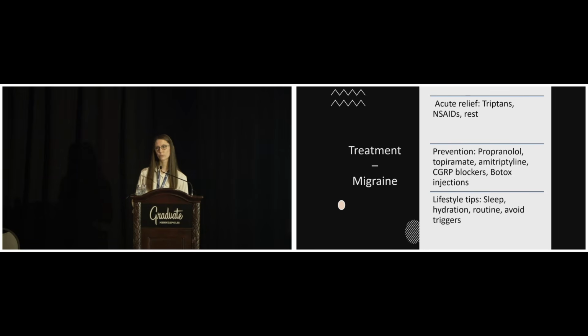Migraine attacks are treated with triptan medicines. Those are the rescue medicines that we have for migraine. Also, NSAIDs, Tylenol, over-the-counter medications are sometimes used, and like in this case, people want to rest, so sleep can also be helpful. If they're happening very frequently, or there are people who have baseline pain all the time, preventative treatments are also added on. Of many, I listed some of the first line ones: propranolol, topiramate, amitriptyline. And there are some newer injectable treatments for migraine now too, botulinum toxin injections, CGRP inhibitors as well.